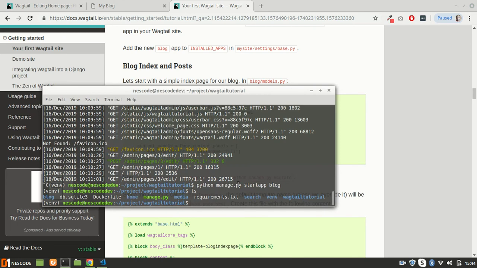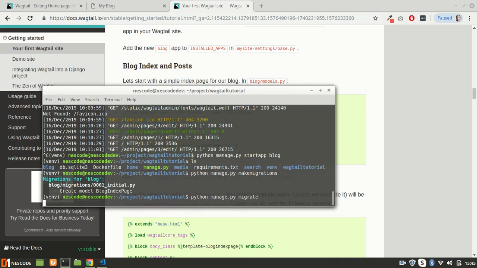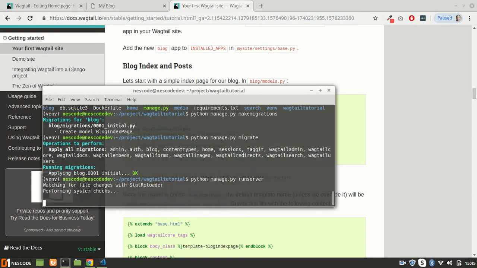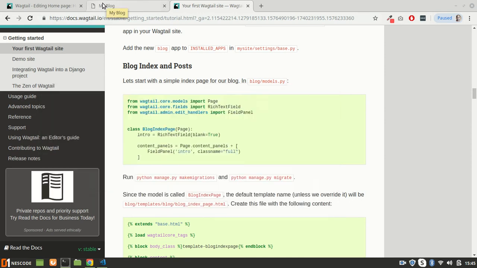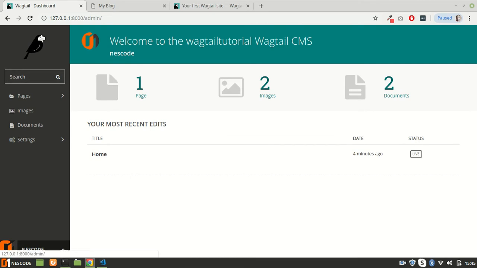So what we are going to do here is say python manage.py makemigrations, python manage.py migrate, and then python manage.py runserver. Now if you go and refresh this page and click here,